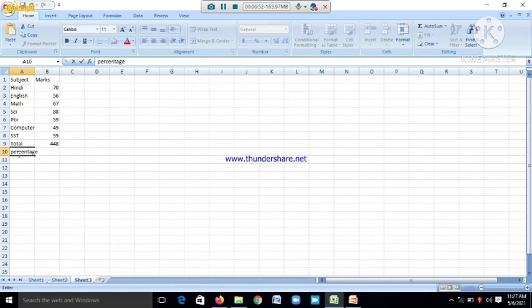Suppose I want to calculate the percentage. Equal to, and we have to add these marks, B3 plus symbol, again B4 plus symbol, plus symbol, plus,